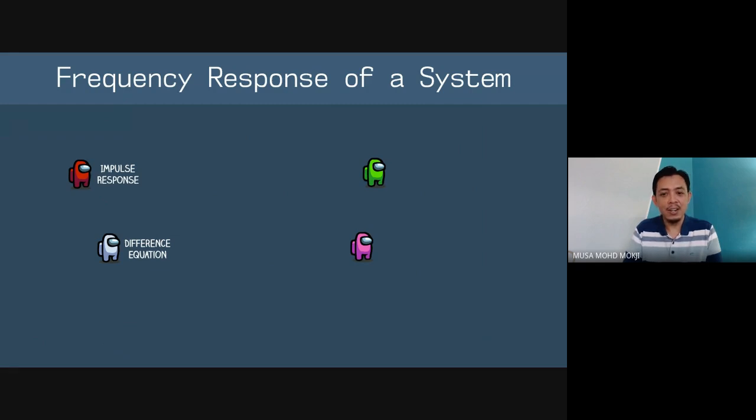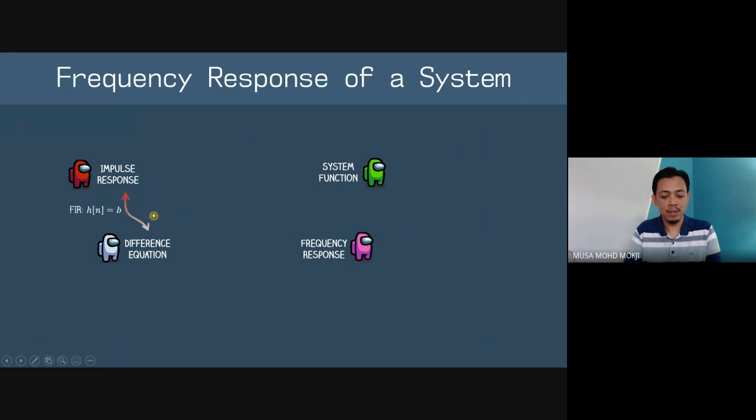So okay, what's next? Impulse response, difference equation, and then this is another one, system function. This is h[n]. This one is H(z) in the Z domain. So two of these are in the time domain, and this one is in the Z domain. The other one is what we just learned starting from week 7, which is the frequency response. So we need to know the relationship between these four. All right, let's look at it.